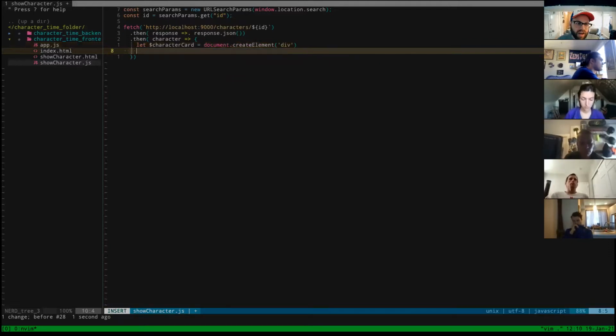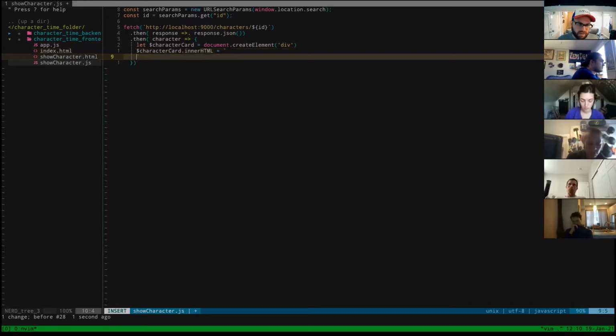And then inside of this, characterCard.innerHTML equals, we're going to do these template strings,